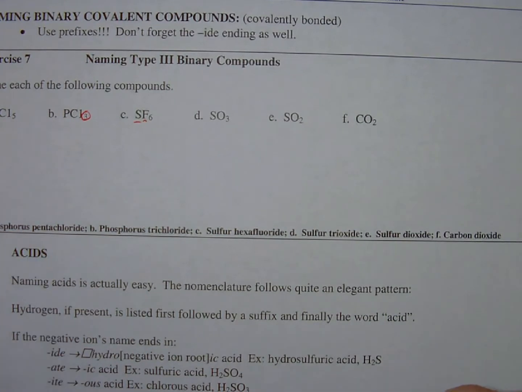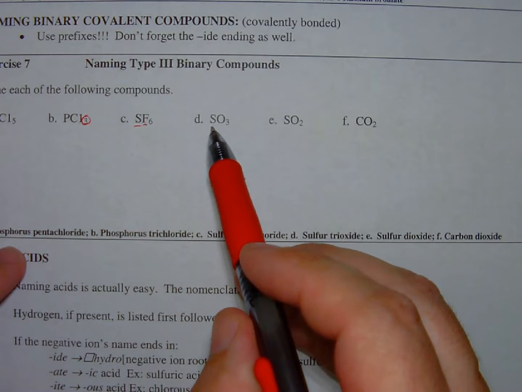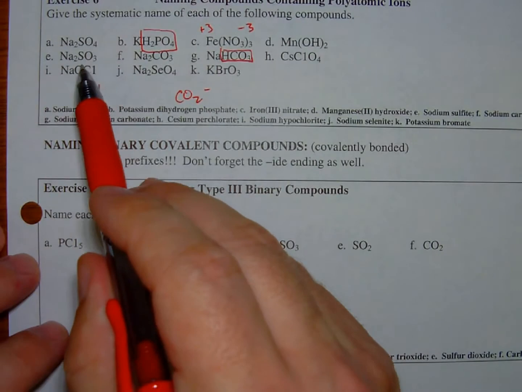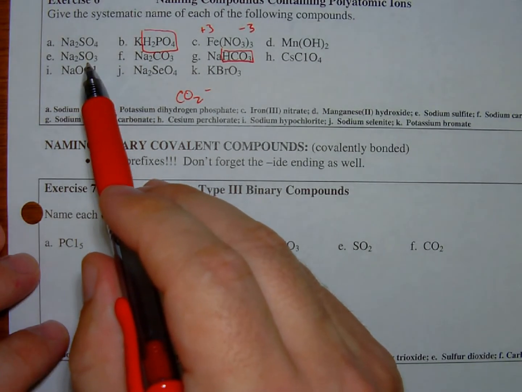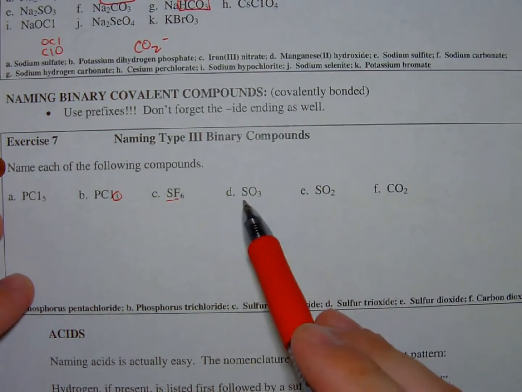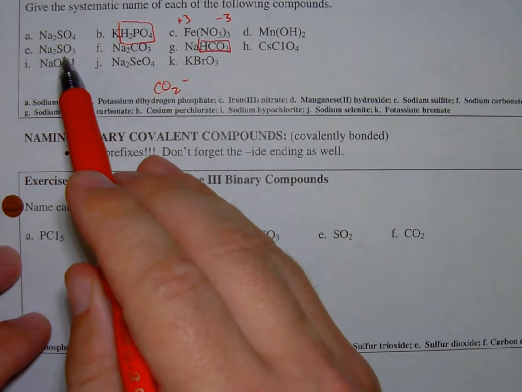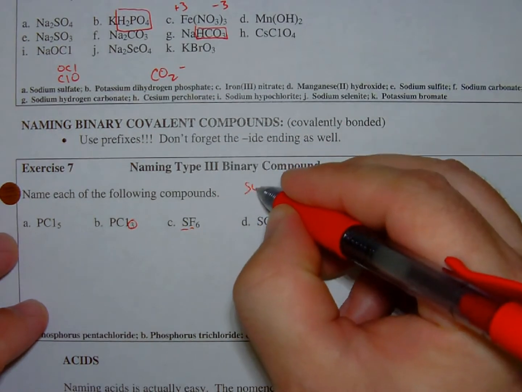Now, if you're really, really paying attention, and you think to yourself, wait a minute, in exercise 6, wasn't this sulfate? No, sorry, not sulfate. Wasn't this sulfite? Right, the answer here says that it's sulfur trioxide, but up here we called it sulfite. What's the difference? Well, if it's sulfite,